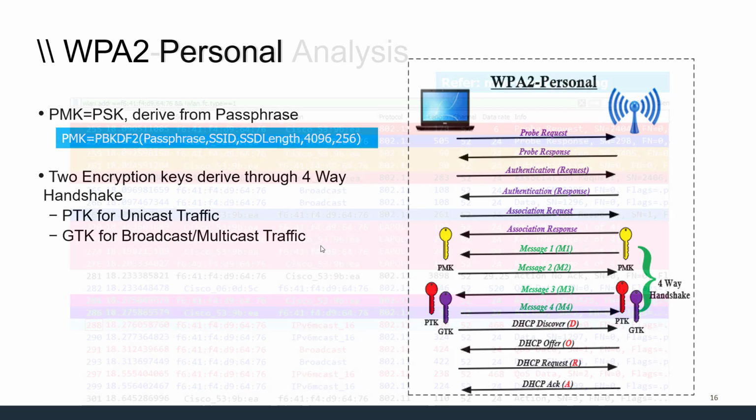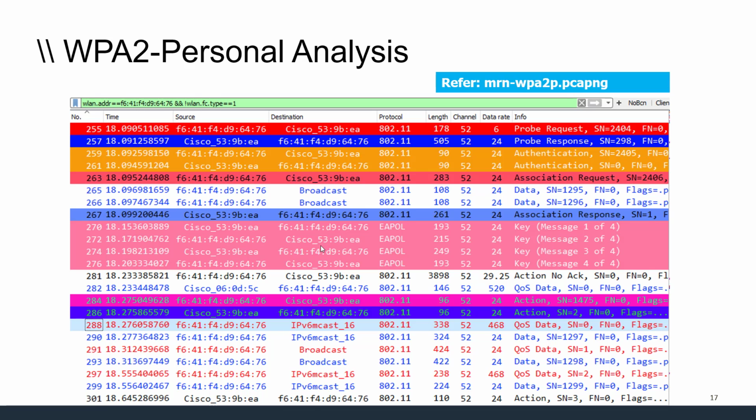So let's see in a packet capture what you see. We will go through this particular packet capture, but before going to the analysis, you can see very clearly probe request, probe response, authentication, and association request and association response. You will see in a different color these four messages, sometimes known as EAPOL, where the four frame exchange is just to derive the key.